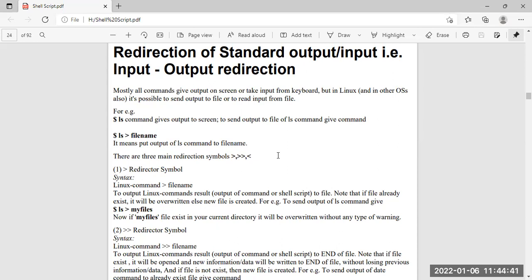So ls greater than file name. If I write this command, it means the output of the ls command goes to the file name. So we are trying to put the output of the ls command into a particular file. There are several redirection symbols: greater than, double greater than, and less than. The single greater than means to output the Linux command result